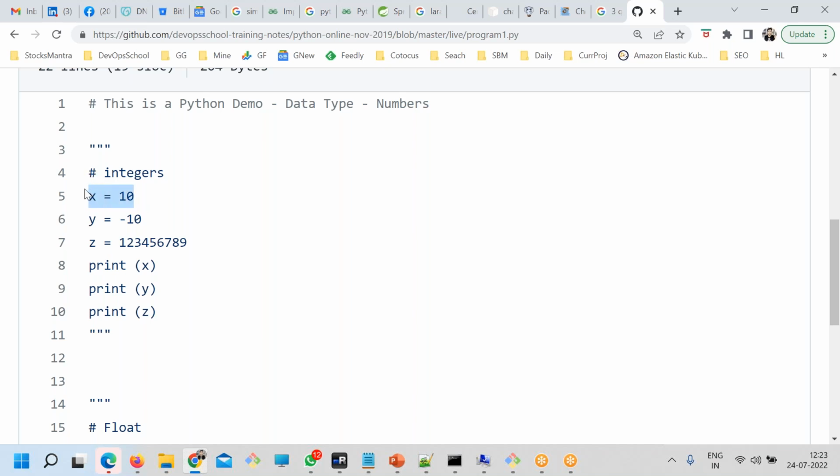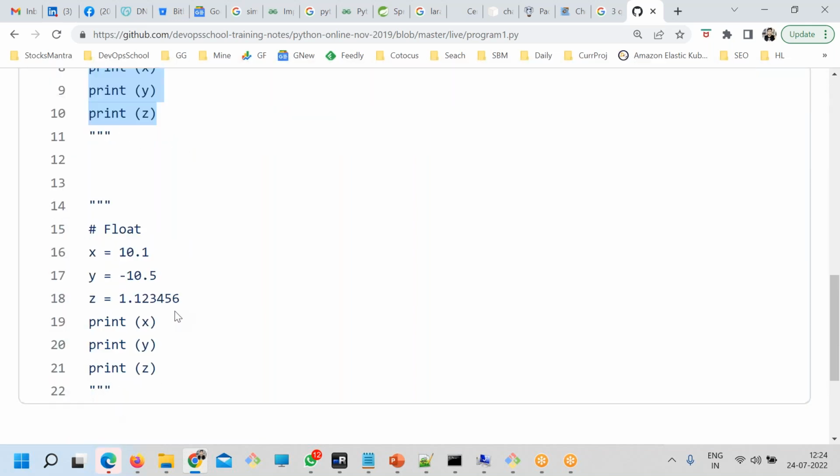So tell me one thing, what is this variable type automatically? What is this variable type? Integer. Number. Integer. Yeah, number. And this is also all integers, numbers. And how do you print it? So here it is. These all are floats. How do you print it? This is the way. Nothing great about it.